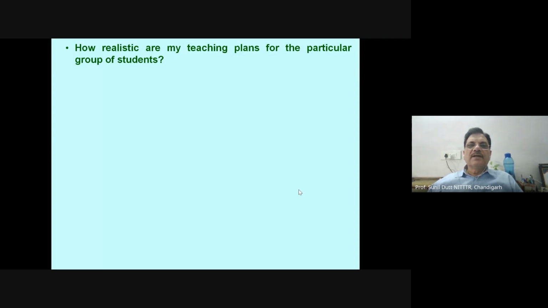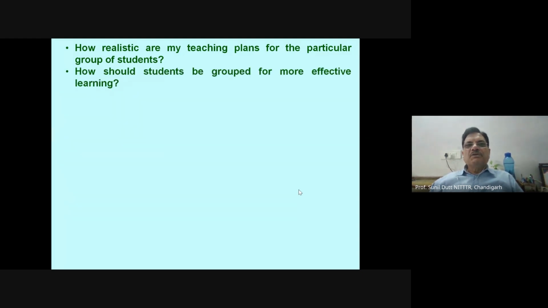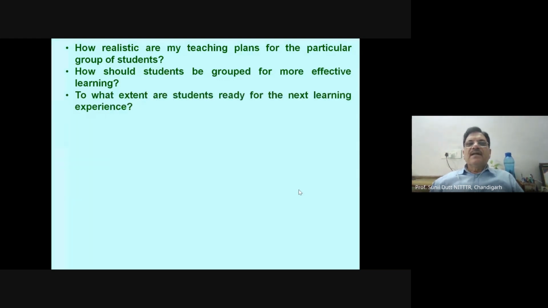Some students are slow learners, some are fast learners, some students learn best when something is told to them, some learn best when something is shown to them. So as a teacher, my query is whether my teaching plan is realistic for the particular group of students, or how I can group my students for more effective learning, because sometimes we give small project work, and we are worried about how the groups can be formed, and then to what extent my students are ready for